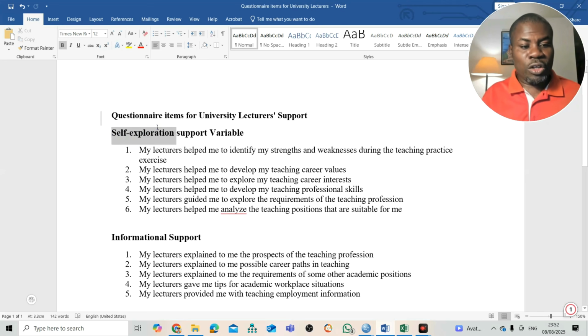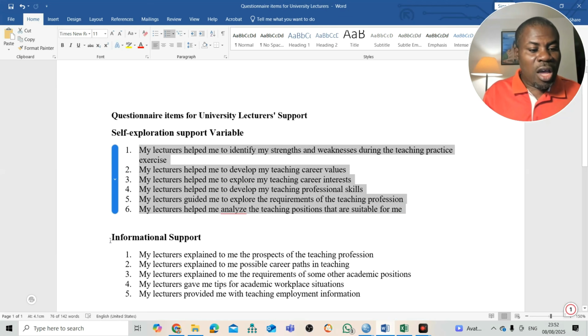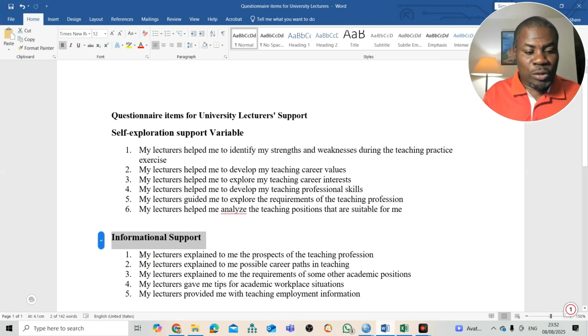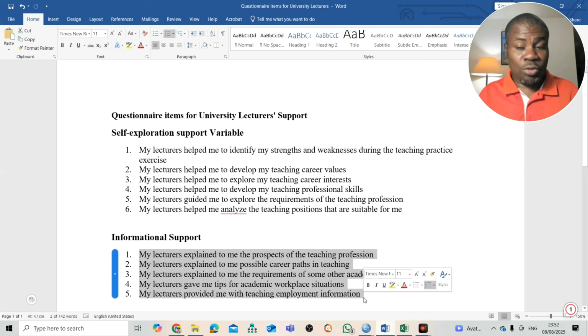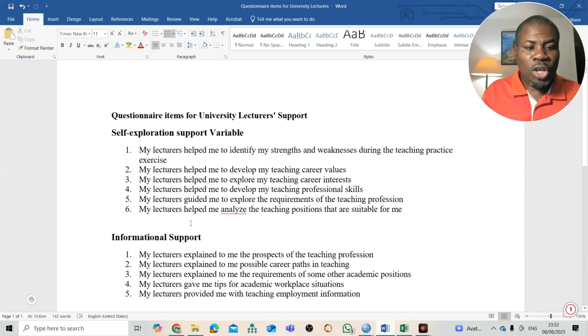So the first one is the self-exploration support variable, and this was measured using 6 item statements. Then informational support was measured using 5 item statements. So it's pretty important to use a small number of item statements to measure your research. It gives your research more reliability in the sense that when people begin